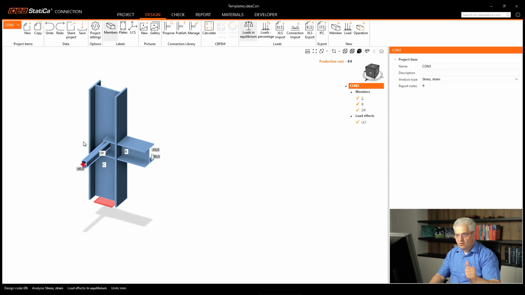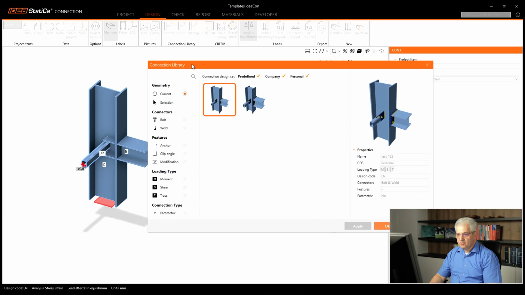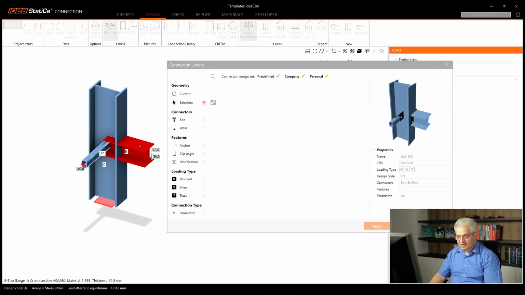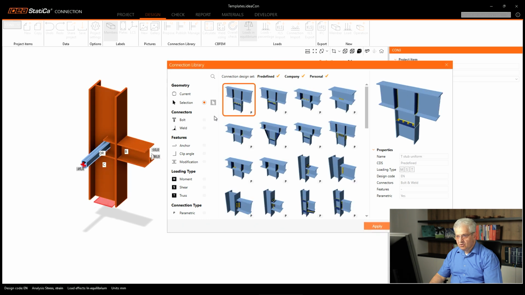The third way how you can do it is to propose, but not for the whole connection with these three members, but for a part of them. So click on the selection, click on this arrow, select the first member, push the Ctrl or Alt button on your keyboard and select another members. If you are finished with the selection, then simply click again on this mark. And then we get a selection of connections that fit for my two members.